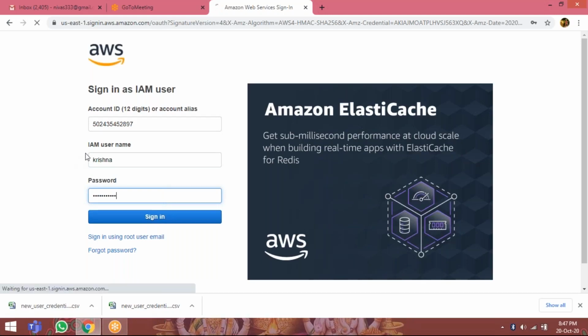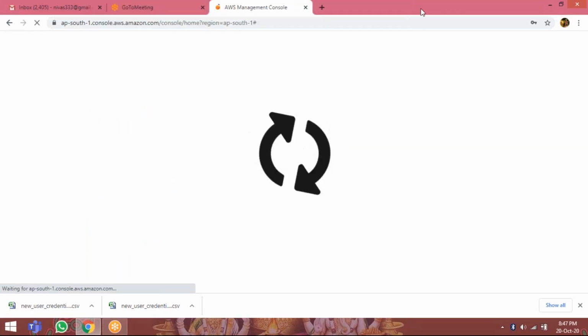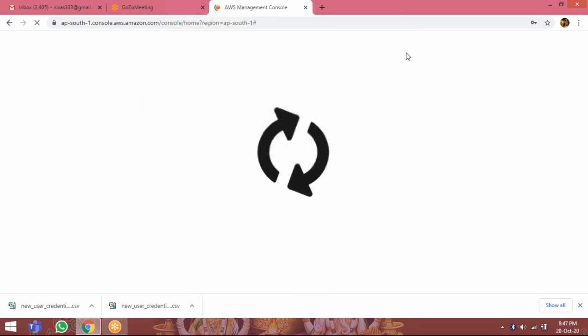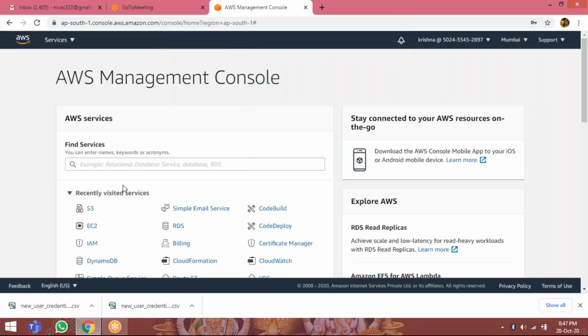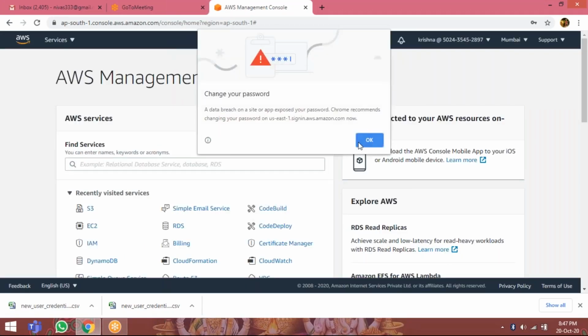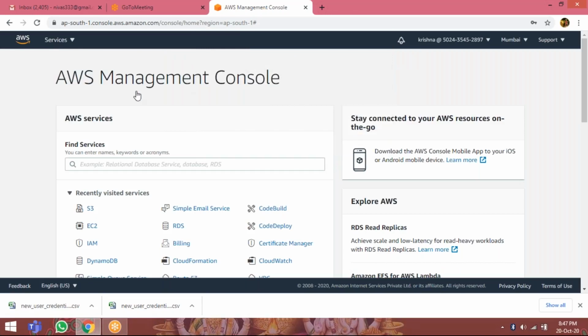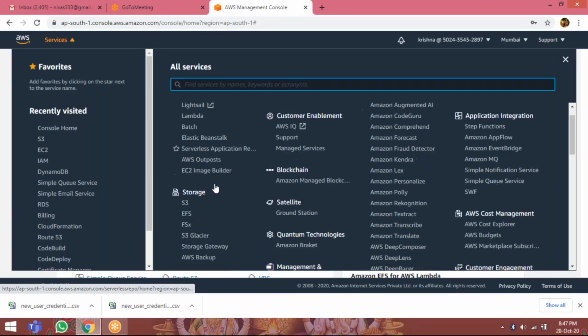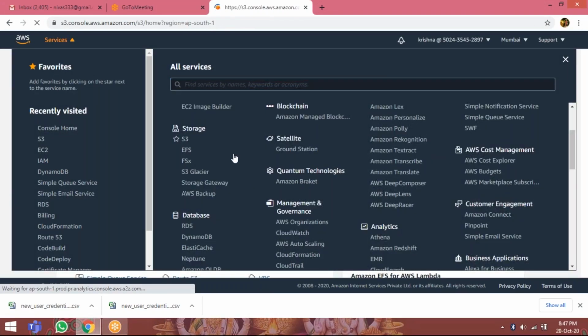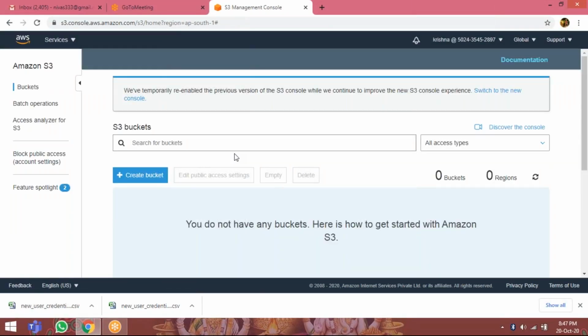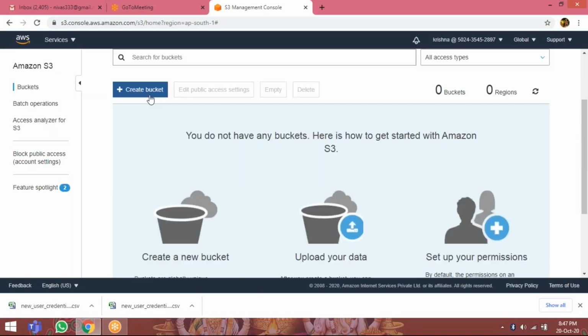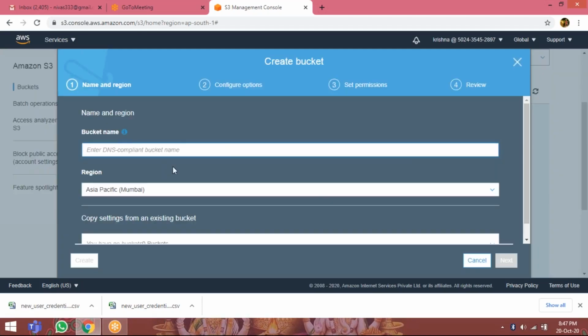Krishna@123. Now you are logging in as a Krishna user. So Krishna user, I given the permission only on S3 storage. Now click on services. Go to S3 storage. Now see, you can create bucket. So you can create the buckets.